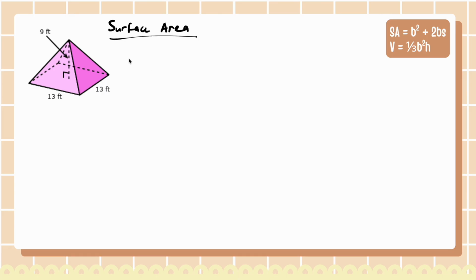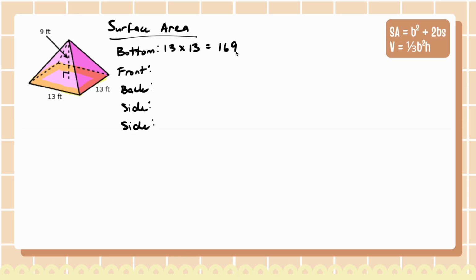So just like before, I'm going to label all 5 sides of my square pyramid. So we're going to do the bottom, front, back, side, and then the other side. So let's go ahead and start off with our square bottom. So the dimensions of the square are 13 by 13, so we're just going to do 13 times 13 is